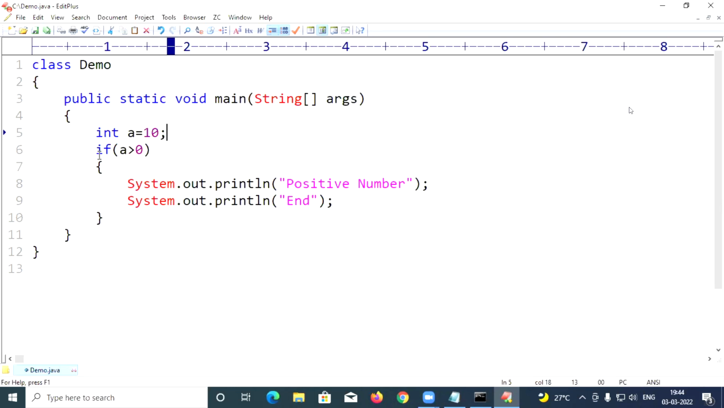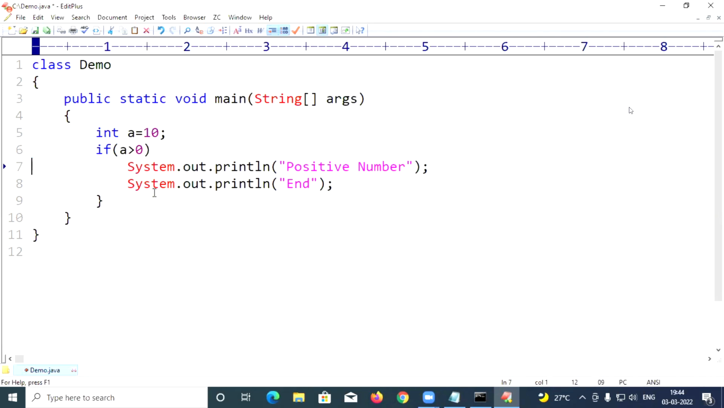Suppose I ask questions, give me the answer now. Now a value is 10. What will be the output? Positive number, end. Positive number, end comes. Okay. Suppose I enter minus 10. Now no output. If I enter 0, no output. Okay. Suppose I remove the braces, now if it is 10,